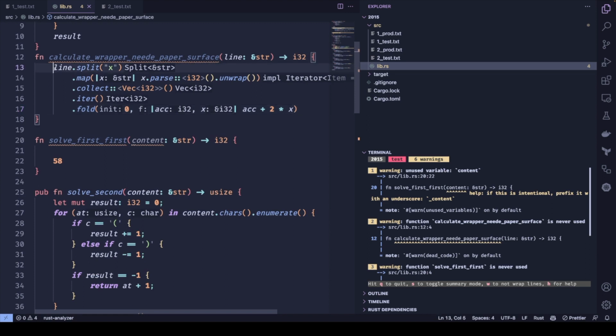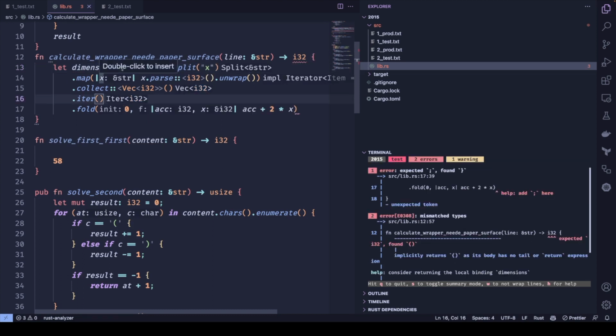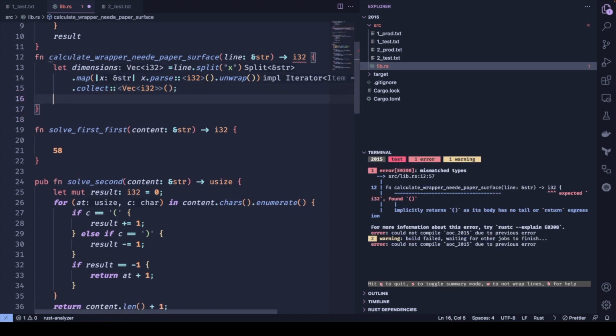I mean, first of all, let's just collect the numbers, and we will do the calculation after that. So dimensions should be something like this, and we can specify the types, but let's keep it this vector here, and we can do